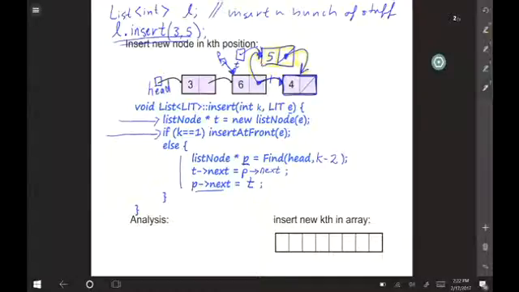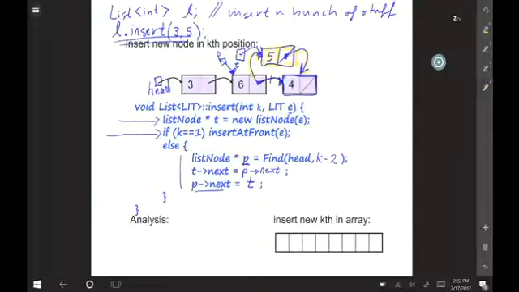In fact, what's P if we use this code? What's list node pointer P equals find of head of minus 1? Ew. We don't know how to go backwards. Our find doesn't work that way. I don't know what minus 1 means in that context. So find of minus 1 is meaningless. We have to have a different way of handling the case where k equals 1.